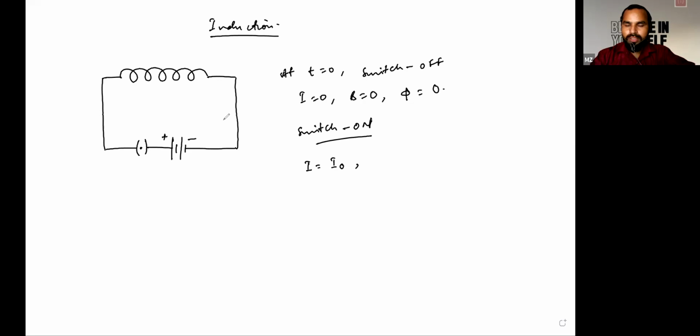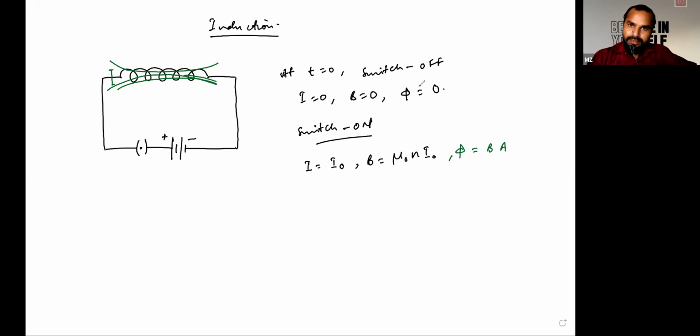And since it is a solenoid, we must have learned that the magnetic field due to a solenoid is mu naught times N into I naught. Is it clear? On the basis of this magnetic field, it will pass through this particular loop like this. So this loop would have some amount of area. Let's call it A. So the flux crossing that area would be nothing but B times A.